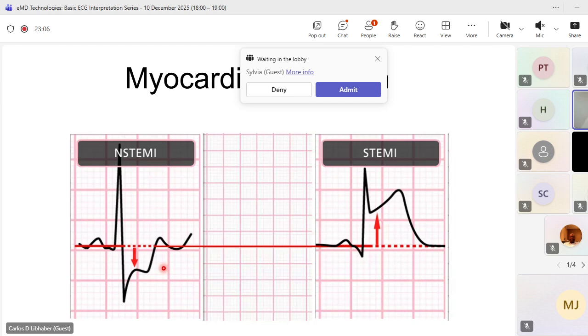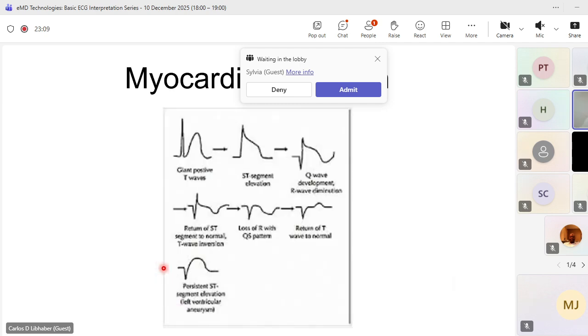Basically, it is the time that it stays there. So if you see a patient that comes with chest pains and suddenly he has giant positive T waves, you can be seeing the beginning of a myocardial infarction. Then if suddenly the ST, even the Q,